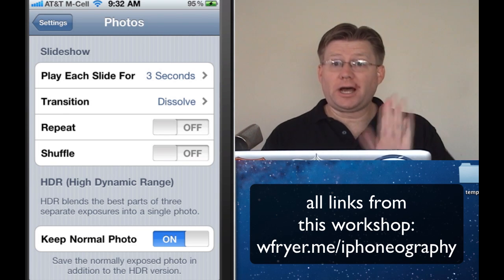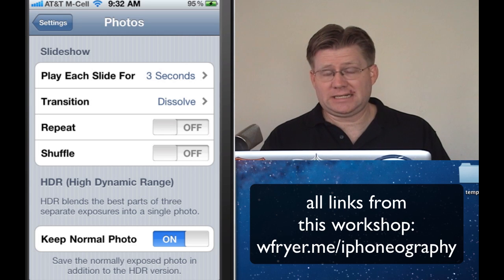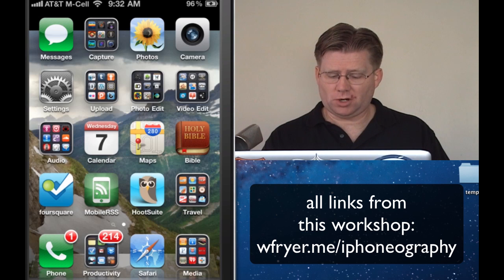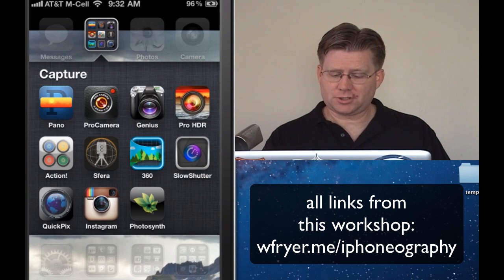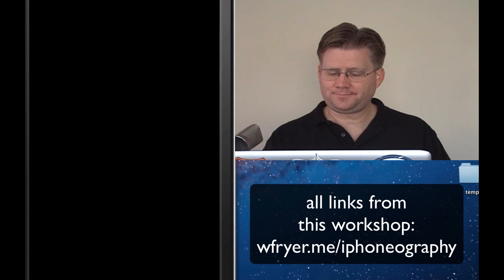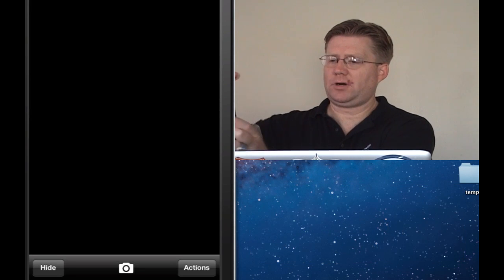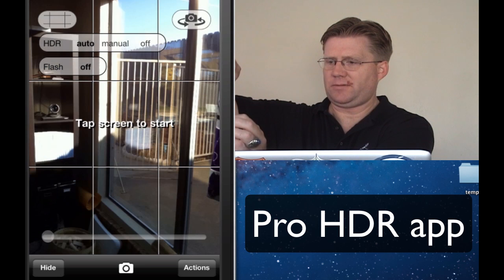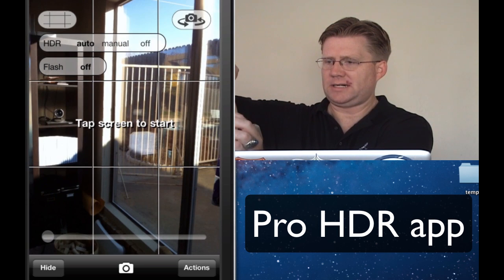Now, I love the fact that HDR is built into the iPhone 4. However, I don't think that is the best way to take an HDR picture. So I'm going to now go into my capture apps. I'm going to select the Pro HDR option, and I'm going to hold my camera up over here, and I'm going to take a shot of that same scene that we took before, and I'm going to tap the screen